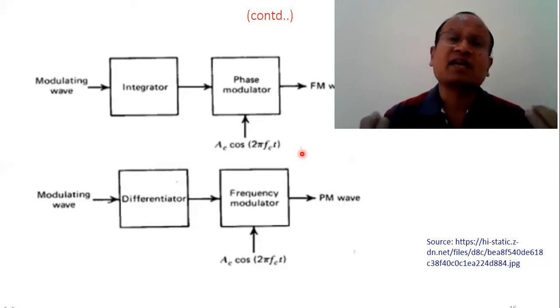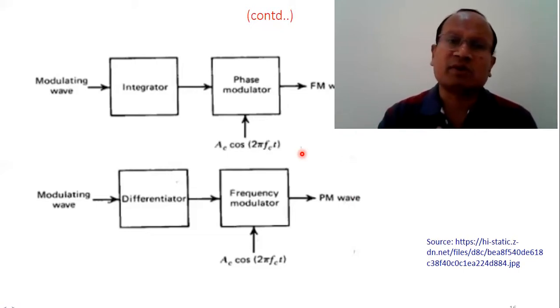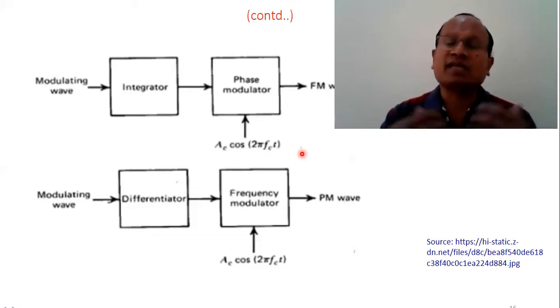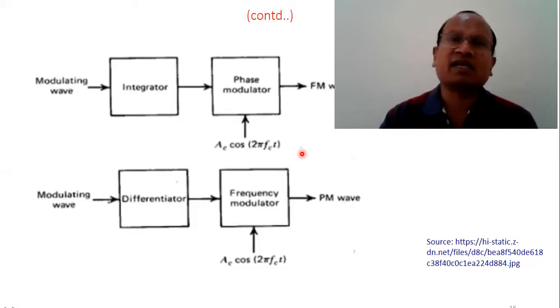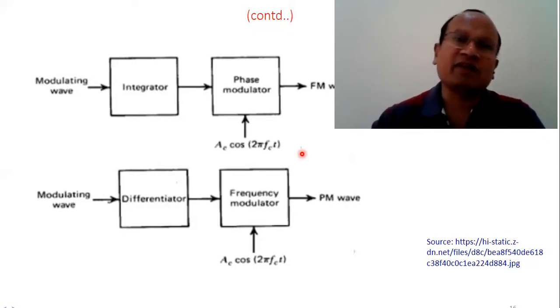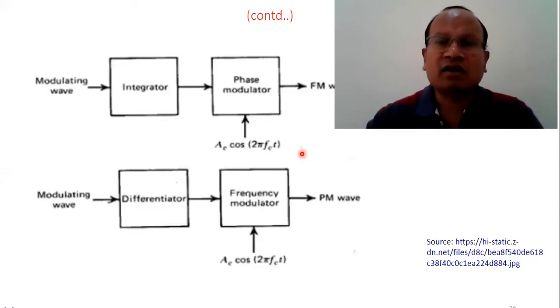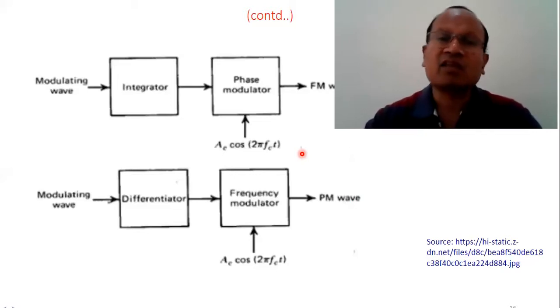But there is a slight difference between phase modulation and frequency modulation. When the modulating signal is integrated and then it is phase modulated, we get FM, and in the opposite manner, when the modulating signal is differentiated and passed through FM, we get a PM signal. The relation between angle and frequency is the relation between these two block diagrams, that we know omega is d phi by dt. So the same relationship will be there in the expressions of FM and PM.